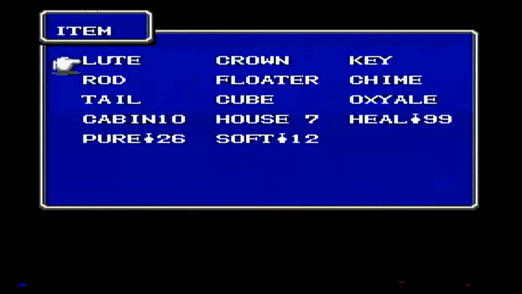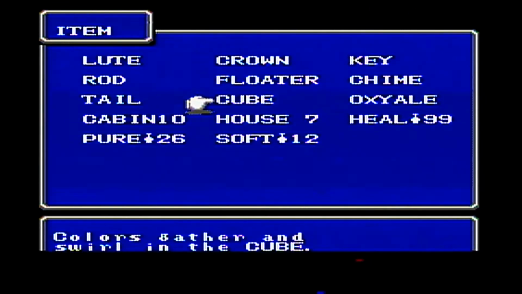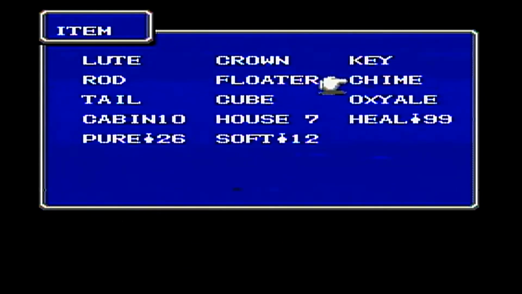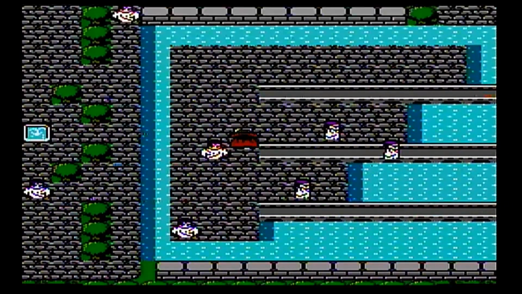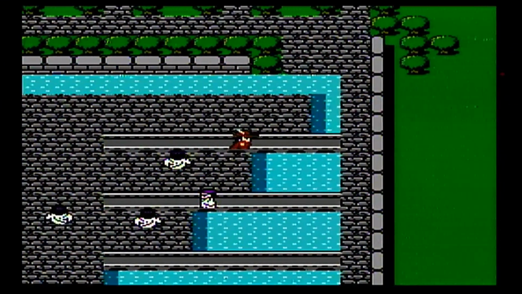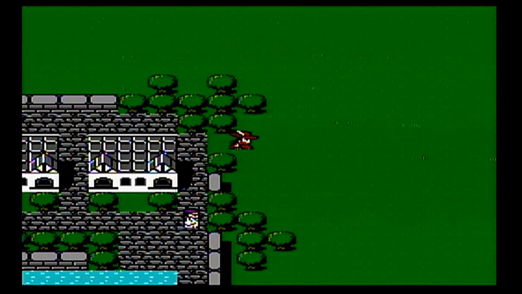All right. That is the item that we will use to finally be able to enter the Mirage Tower. When we tried to earlier, we couldn't. It just was like blocked off. But now with the chime, you can automatically enter that tower, and that is where we will be entering before we head back to the